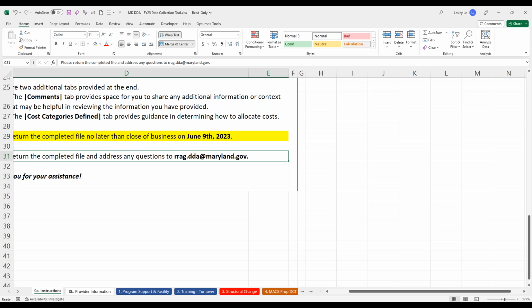And I just want to add, we know that this is time consuming and we appreciate any information that you are able to provide us, and just stressing again that this is an extremely important part of the process to make sure that the rates accurately reflect the costs that the provider community is experiencing. And so the more information you're able to provide us, the better informed decisions we can make. So we really appreciate you taking the time to ask these really thoughtful questions and doing your best to fill out this tool as best as possible.